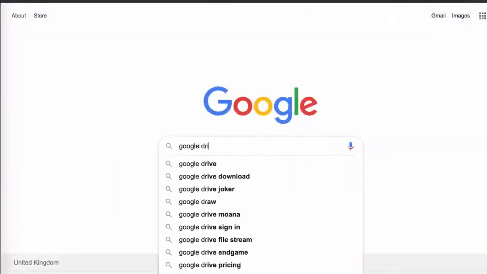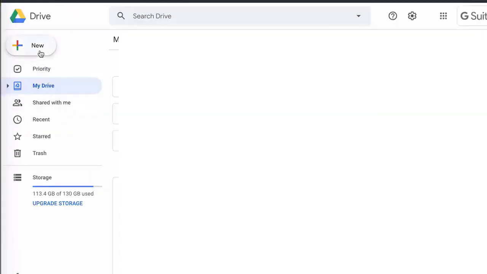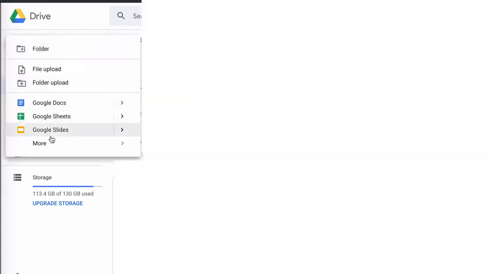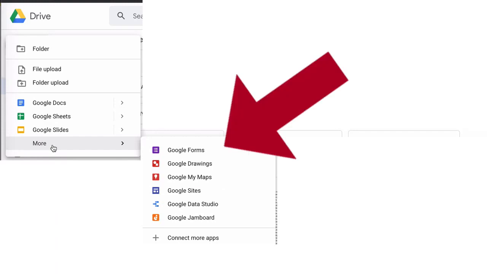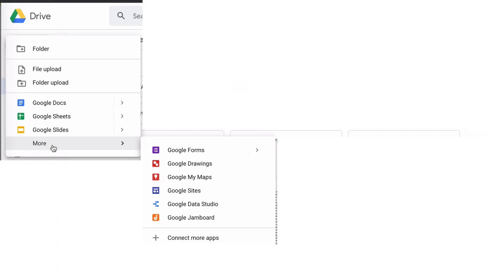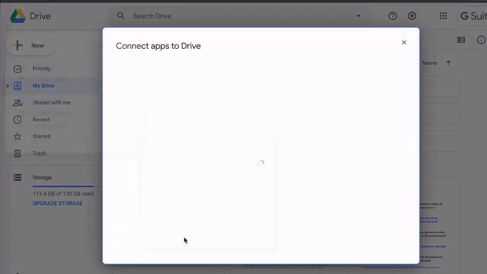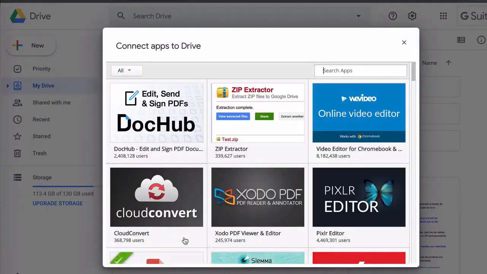The first thing you want to do is log into your Google Drive account. Once you're logged in, click on the New button in the top left hand side and then select More from the bottom of the pull-out menu. Now here in the sub-menu you can see some apps that are already installed in Google Drive. What you want to do here, the very first time you do this, is go to Connect More Apps and click on that. Now this will bring up a window with all the available apps that you can have in